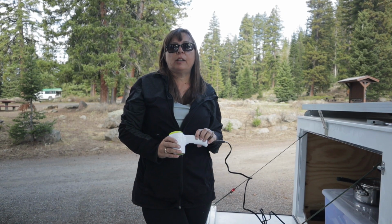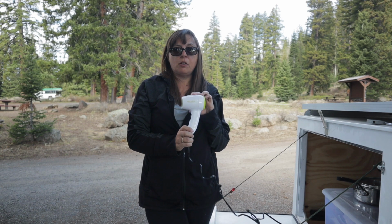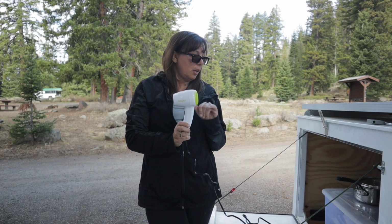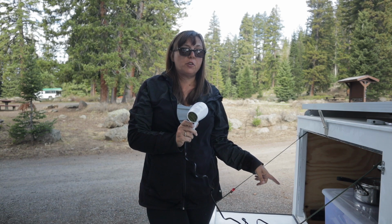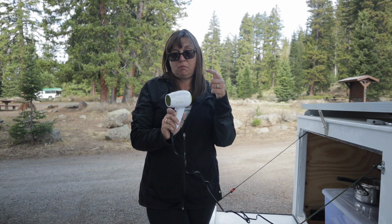Another little gadget for you ladies that like to camp but not necessarily rough it is this Andis hair dryer. It's the lowest wattage we could find at 650 watts. We have it plugged into the inverter, which is 750 watt inverter from Harbor Freight,